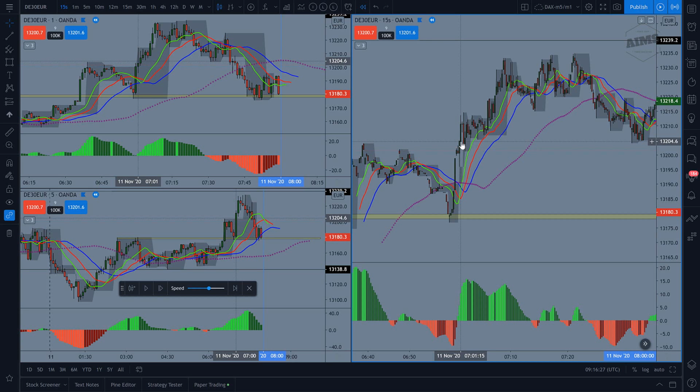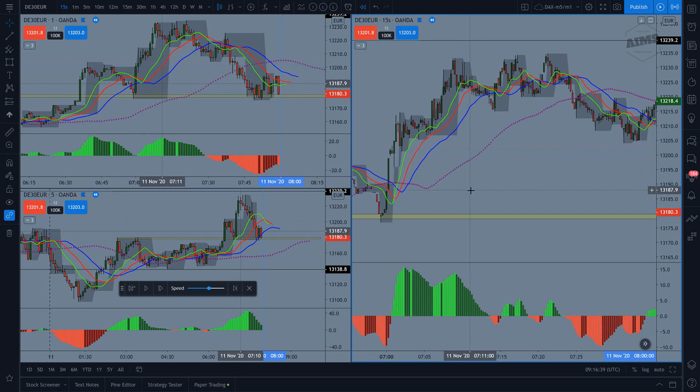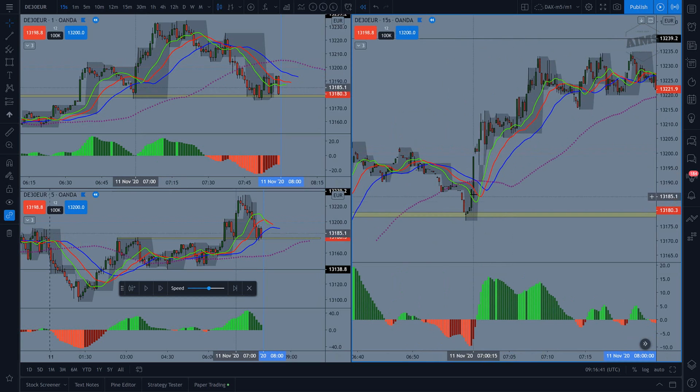People can trade pre-market, but the volatility is not as high as when the bell would ring. And it's the same thing for DAX. DAX has a pre-market between 7 a.m. and 8 a.m. UK. But the real volatility, the real open is at 8 o'clock, which is 9 o'clock Germany time. So if you look at this,